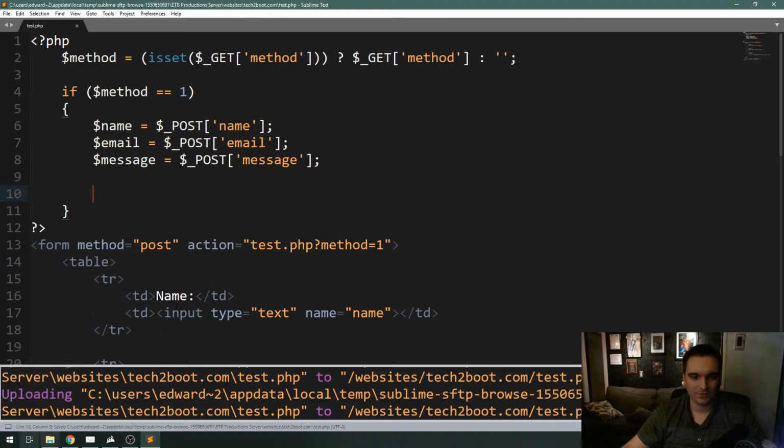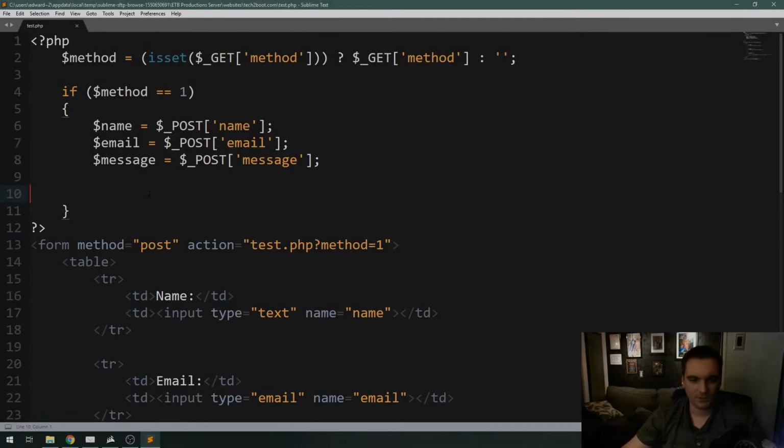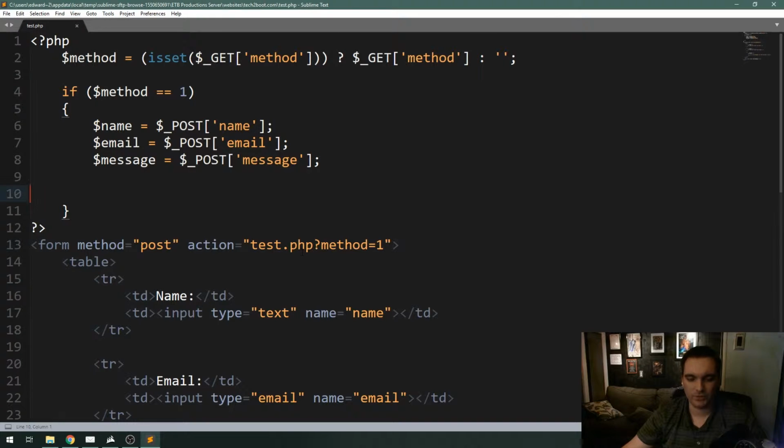And I'm going to save that, make sure there's no errors here. Okay. Alright, let's say I actually wanted to validate this user input and force them to enter their name and email